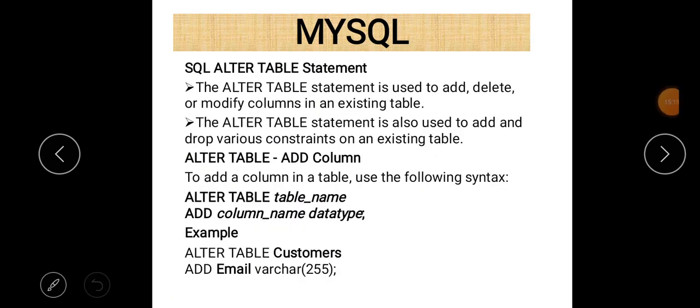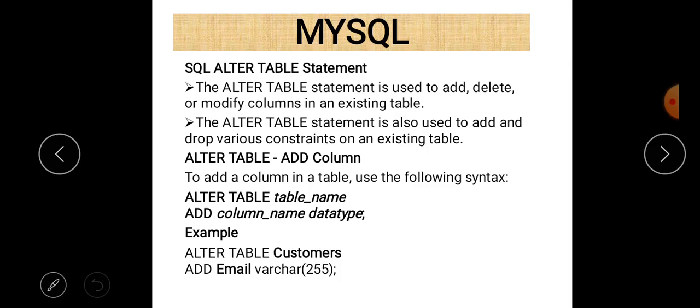Now a few things should be remembered. First of all, alter table statement belongs to DDL, means data definition language, and second thing is constraints. So there are different constraints such as not null, unique, primary key, foreign key, default, check. Constraints are the conditions imposed on a table, and we can impose them at the time of table creation, and if we forget at the time of table creation, then we can also apply them after that using alter table statement.